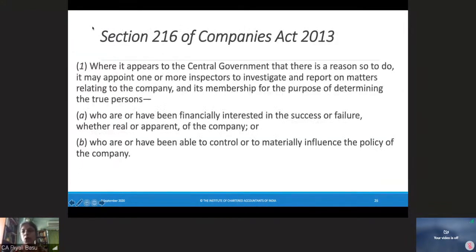216, the ownership. It talks about the ownership of the company, where it appears to the central government that there is a reason, it may appoint one or more inspectors to investigate and report on matters relating to the company and its members for the purpose of determining the true persons who are